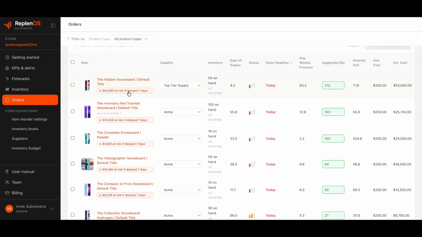Look at this alert just under the item name. In order to place an order, an item must be mapped to a supplier. If an item is not mapped to a supplier, you can do so here by selecting the right supplier from this drop-down list. The order page shows you helpful information for each item such as current inventory, incoming inventory, current